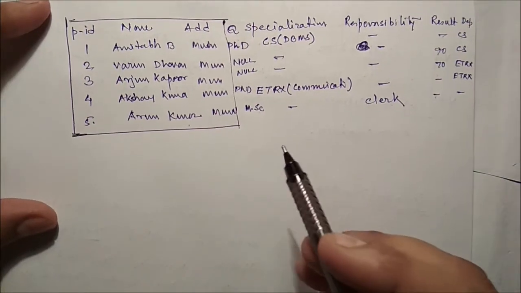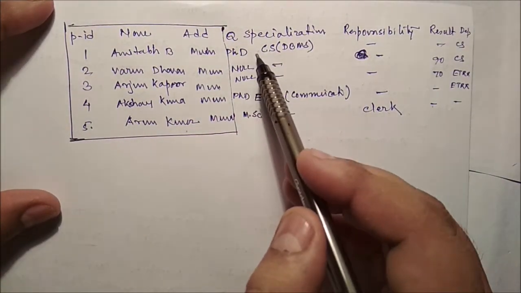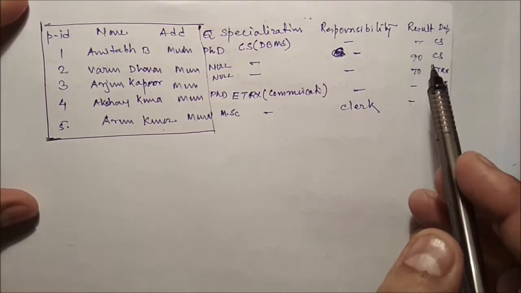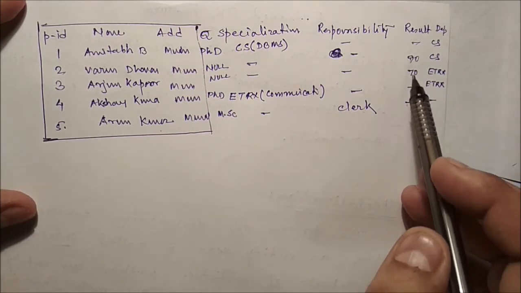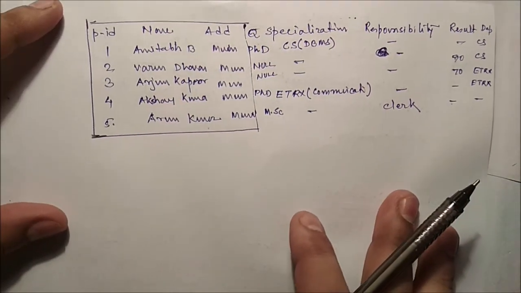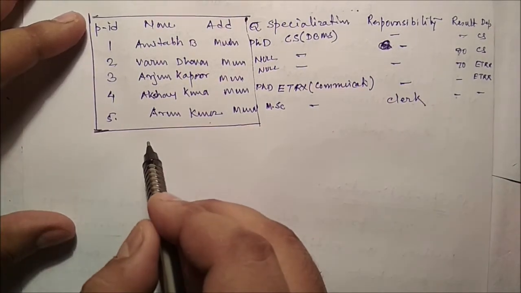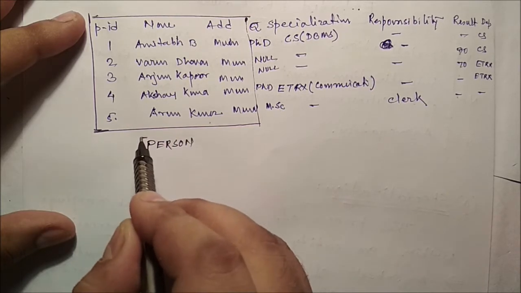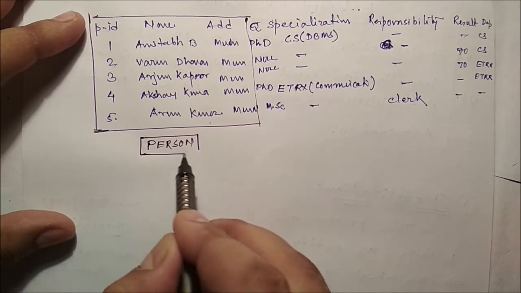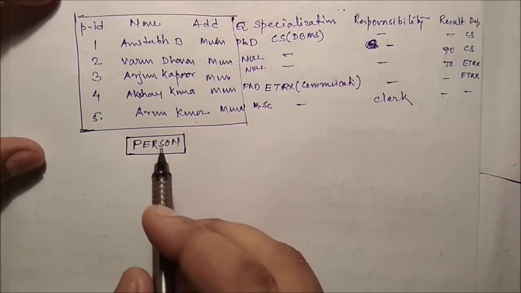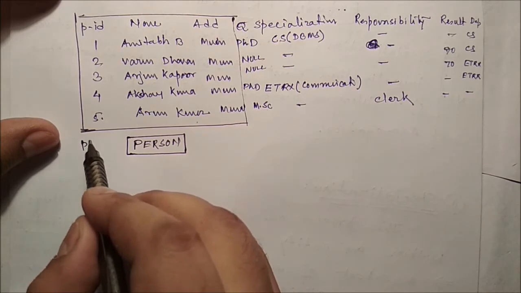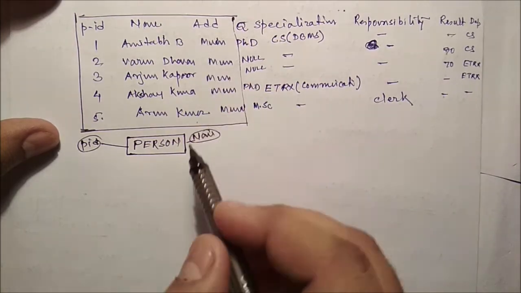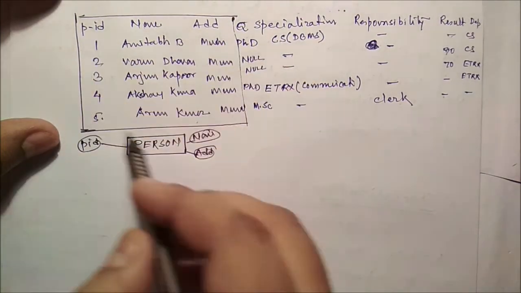So we put it in a single table, but here you can see PhD, MSc. That means they are employees, and where marks are there, that means they are students. Are you getting this one? So that means we have to divide it this way. Say person must be there. Now a person is there. Here we have to put the person ID, name and address. It is common for all.